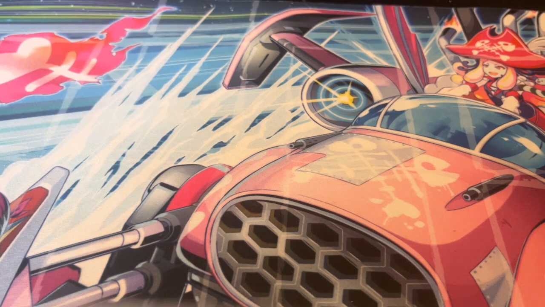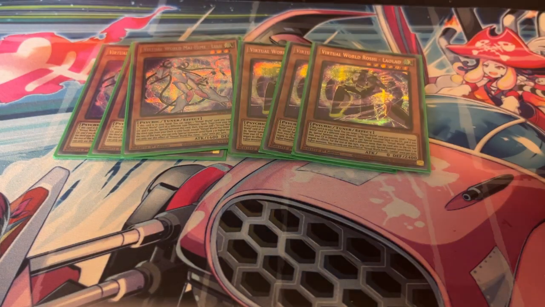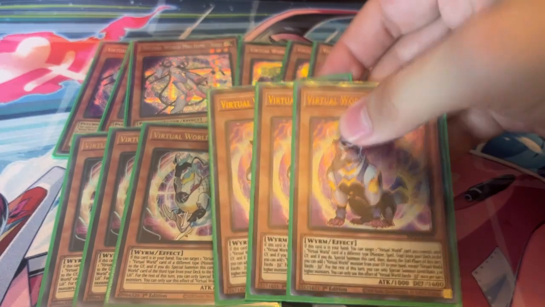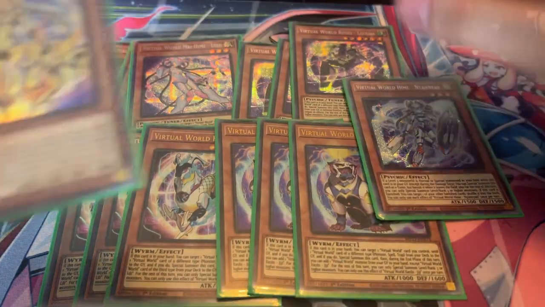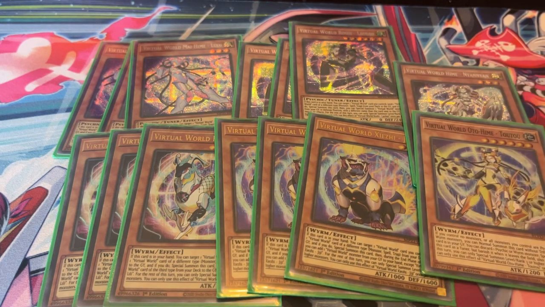So, onto the main deck, for the Virtual World cards, we are playing the 3 Lulu, 3 Lao Lao, 3 Lily, 3 Gigi, 1 Yan Yan, 1 Tutu for the monsters. This is very standard. If you are unsure how these work, you can watch my last Virtual World video. I go more in depth there, but